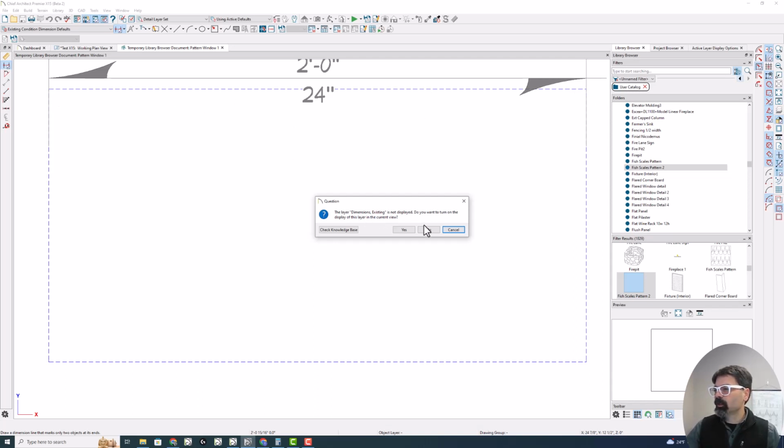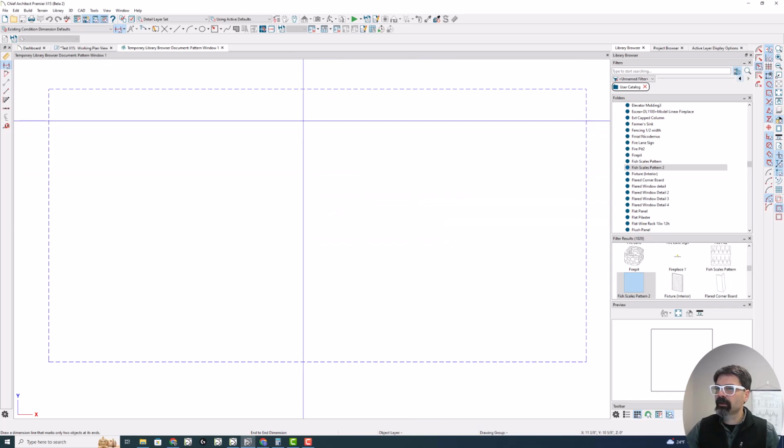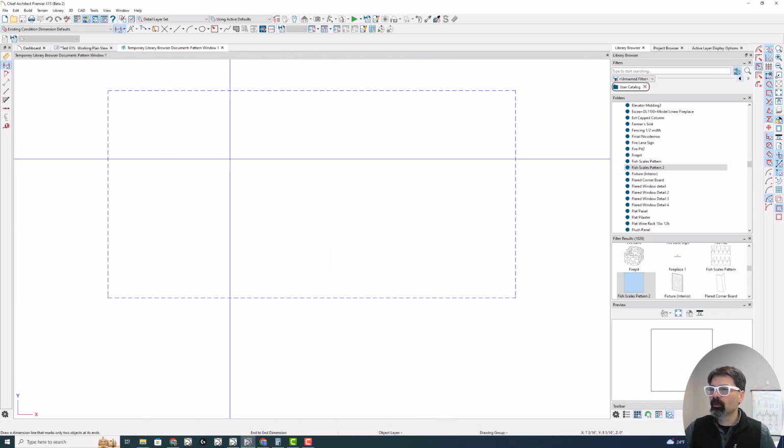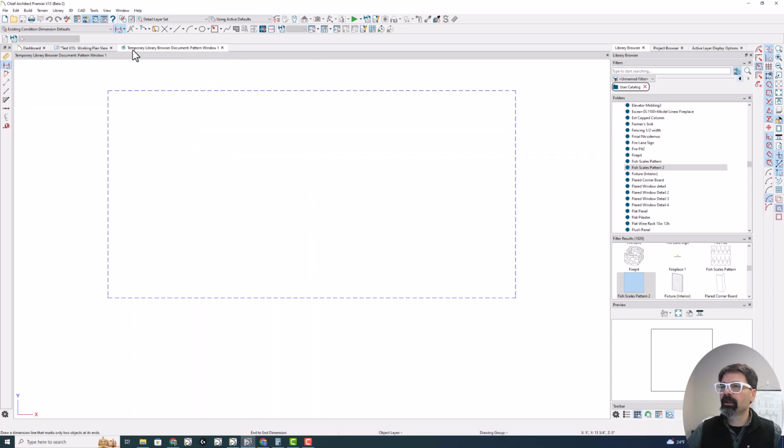In this case, no, we do not want to repeat the show dimension existing layer, so I'm going to cancel that. All right. Now, on this pattern window, you get this temporary library browser document as a pattern window, and